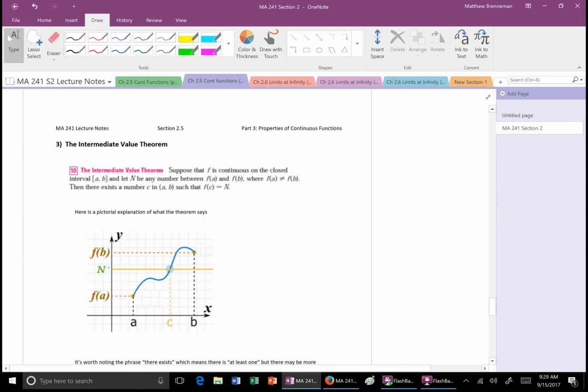And what it says is if you have some function that's continuous on a closed interval, that closed interval part is really important. It's a finite closed interval. So f has to be continuous on a finite closed interval. There are intervals that are closed but not finite. Then there's something really cool we can say. We can say, okay, if you look at the value of f of a and you look at the value of f of b,